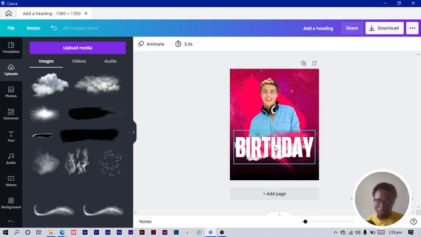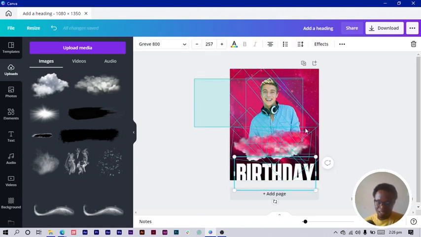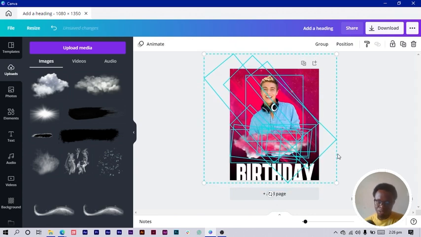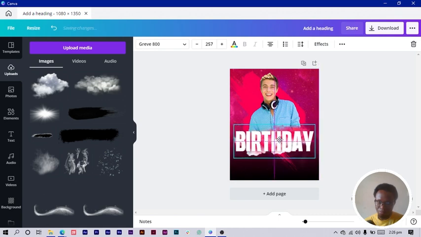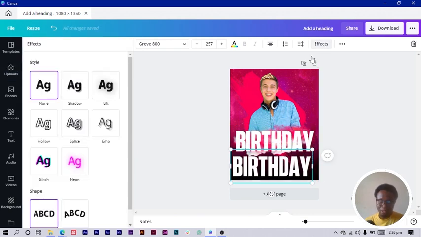But what we are going to do with our text is, you can see it's looking cool, but we are going to make it look very interesting. And before we do that, select everything. Okay, select everything here and move it to the top a little bit, then move the text on top. Okay, and duplicate your text, so you can use Ctrl+C, Ctrl+V, bring it to the bottom, come to effect and